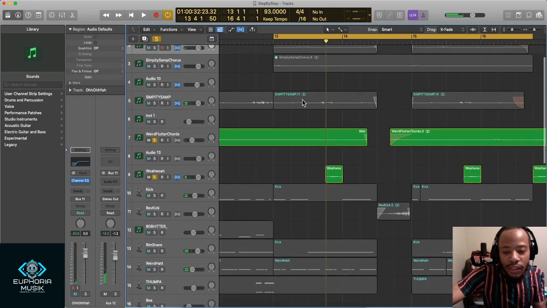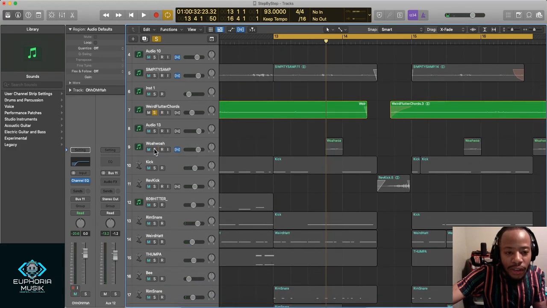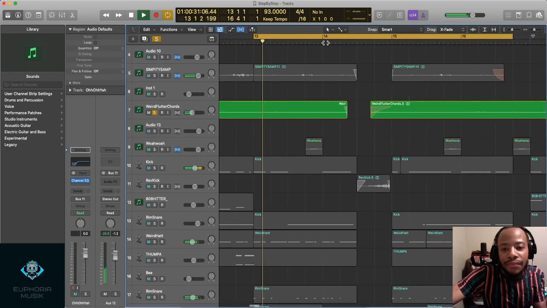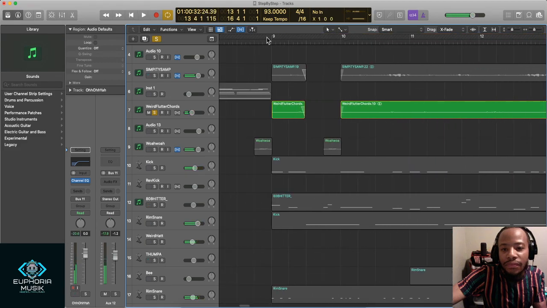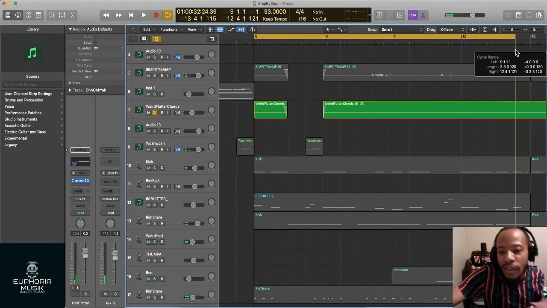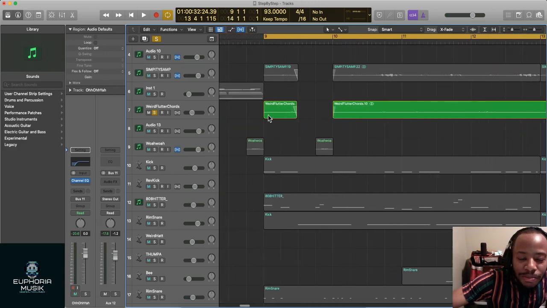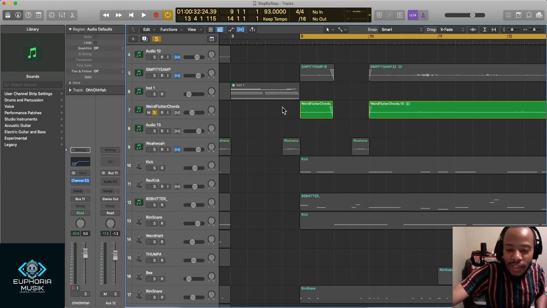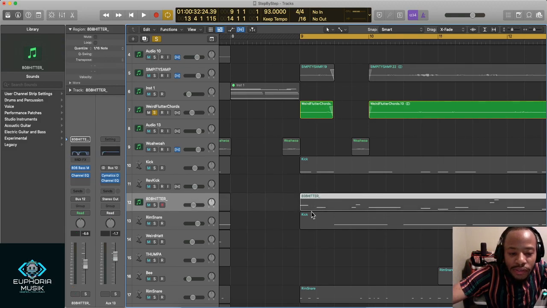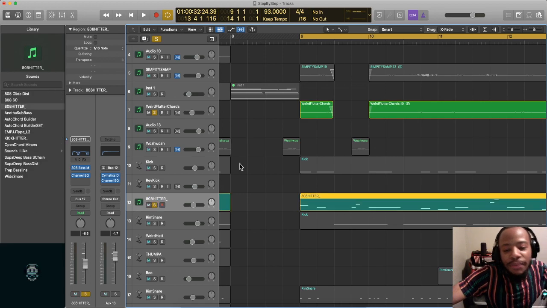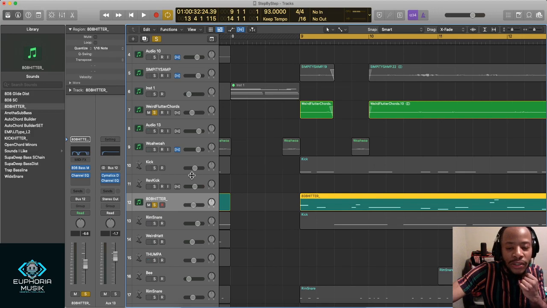All right, and from here we also have chords. So weird flutter chords, this little part right here. This is actually supposed to be set for a bridge. That's why it sits kind of low in the mix, and I let the 808 do a lot of the work.